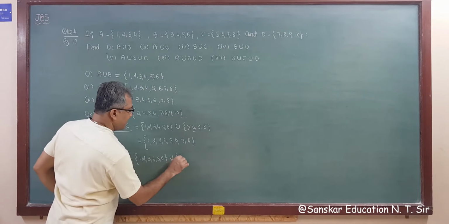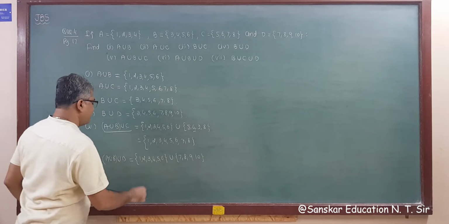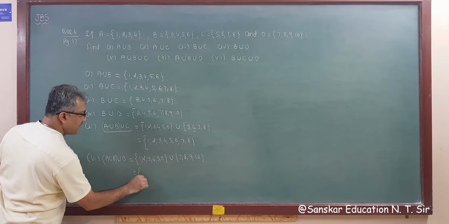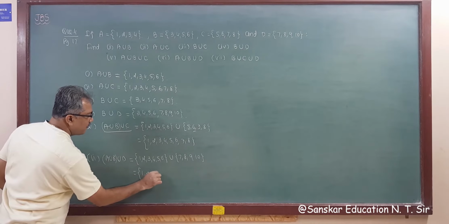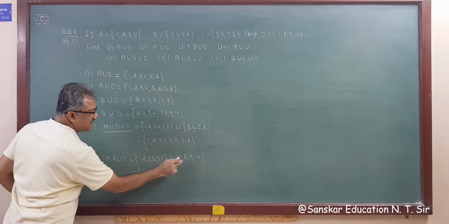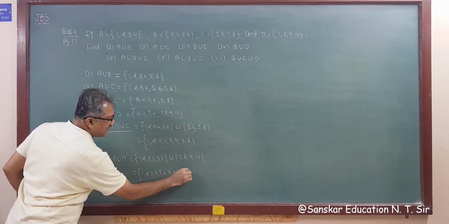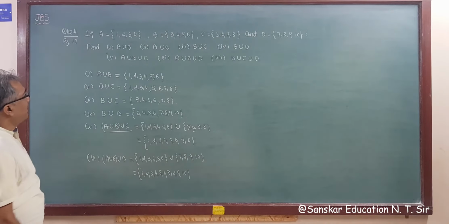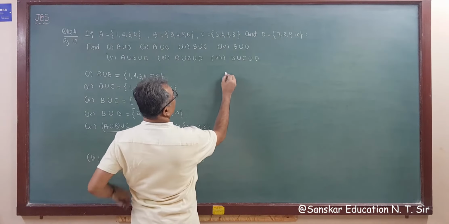So the union of these two sets: I write first 1, 2, 3, 4, 5, 6, then 7, 8, 9, 10. This is your answer. Then the seventh one is